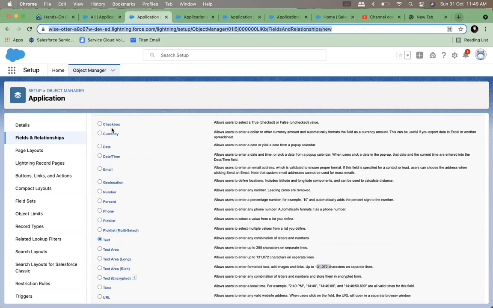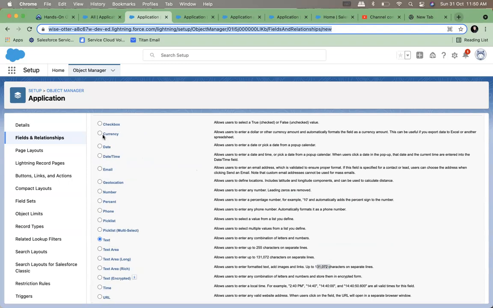What is the point of having so many fields? A text field would have been fine. Any ideas why these field types have been defined by Salesforce? In a text field, you can put anything, any combination of characters or numbers.